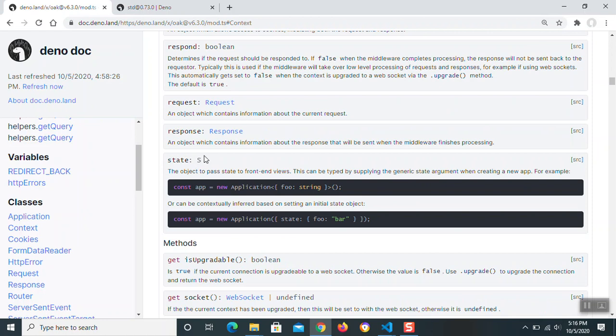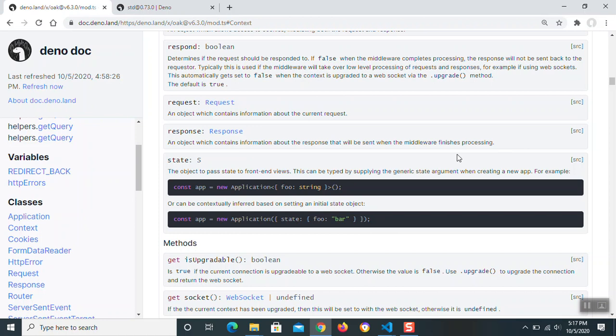The ones that we'll be using 99% of the time are request and response. Request is an object which contains information about the current request. Whereas response is an object which contains information of the response that will be sent when the middleware finishes the processing.